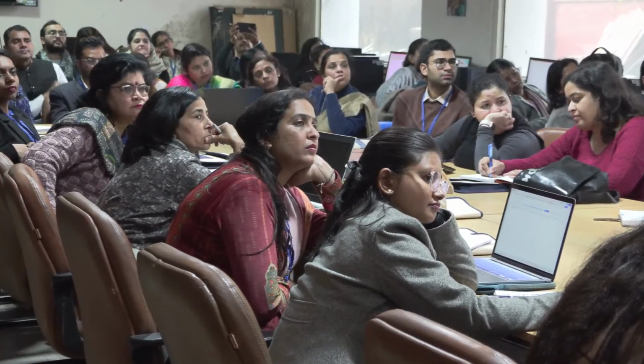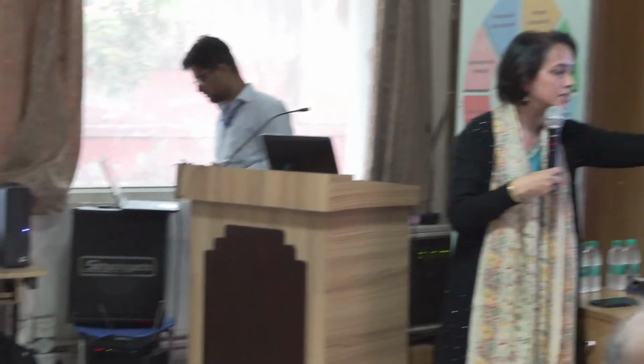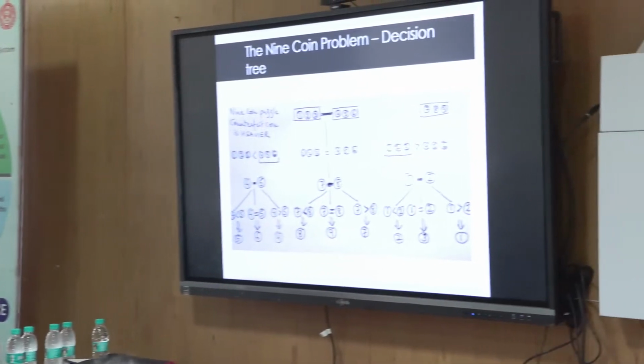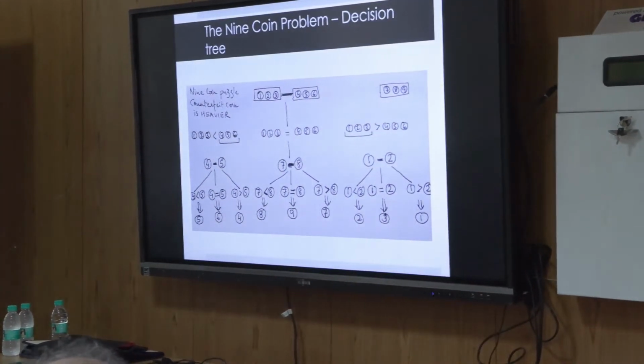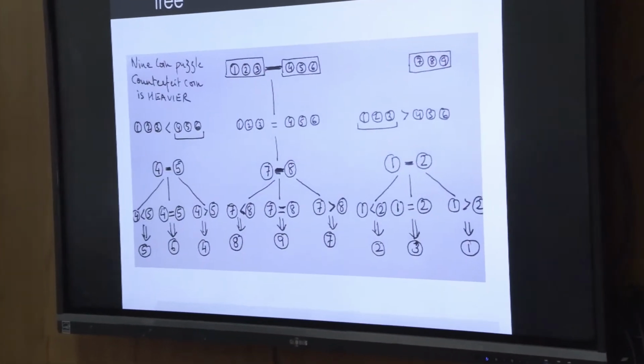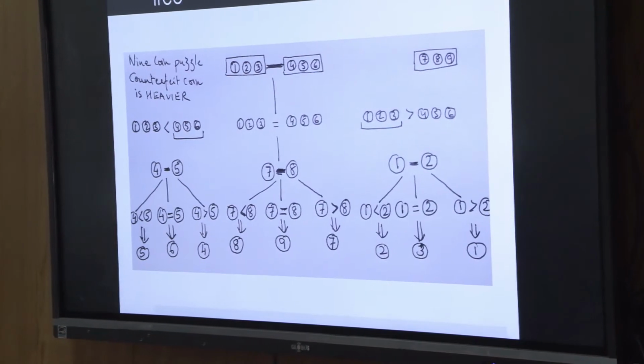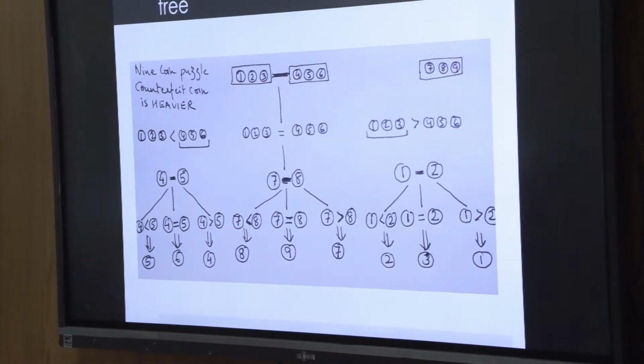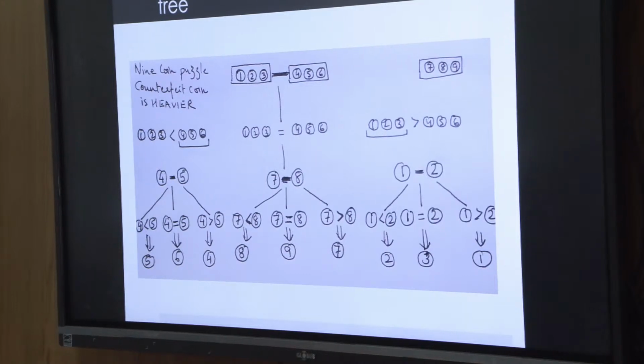And if the faulty is in 7, 8, 9, pick any two from there, weigh them against each other. And if they're equal, then 9 is the faulty coin. If 7 is less than 8, then 8. So this strategy shows all the possible cases without saying much in language, just by drawing a picture. So sometimes drawing a picture can be very insightful. My experience has been the younger the children you approach, they tend to draw pictures and explain more than trying to use some method or formula.